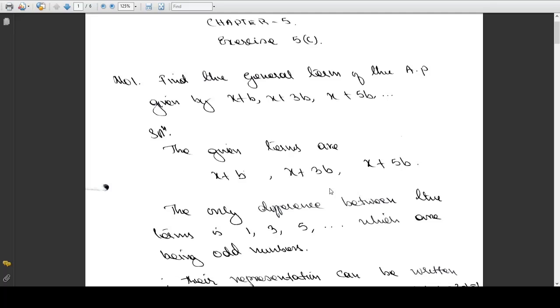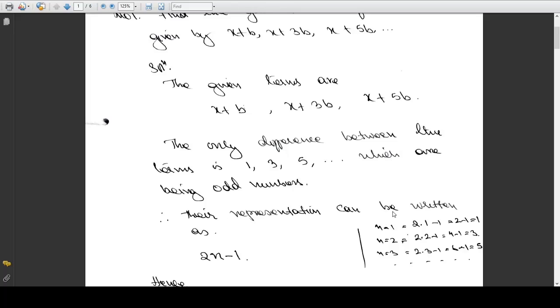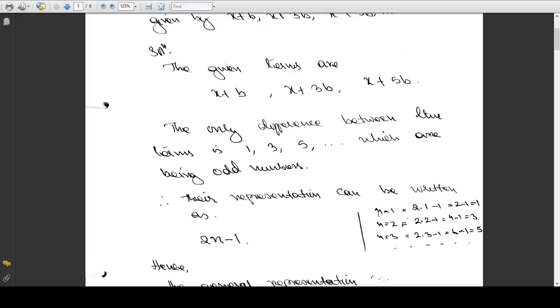b is being multiplied by the odd number. Okay. Here the difference between the terms are 1, 3, 5 in b. Meaning the coefficient of b here differs by this 1, 3, 5, which are odd numbers. Then their representation can be written as, here n, for any odd number you can write